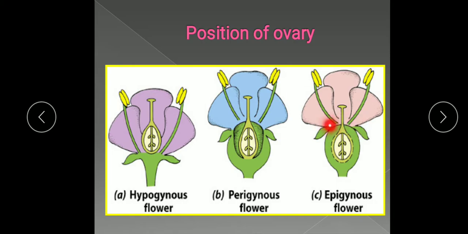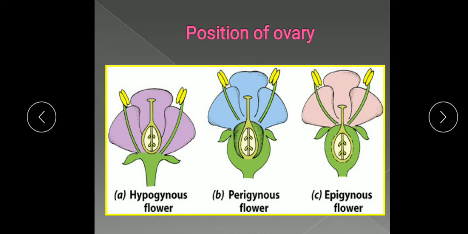So all these three whorls, calyx, that is the sepals, petals, and the stamens, seem to arise from the upper side of the ovary. So in this case, the flower is said to be the epigynous flower, and in such flowers the ovary is inferior. So the ovary is inferior, and all these floral organs are superior because they are at the upper side. Examples of epigynous flowers are cucumber, apple, guava, ray florets of sunflower.